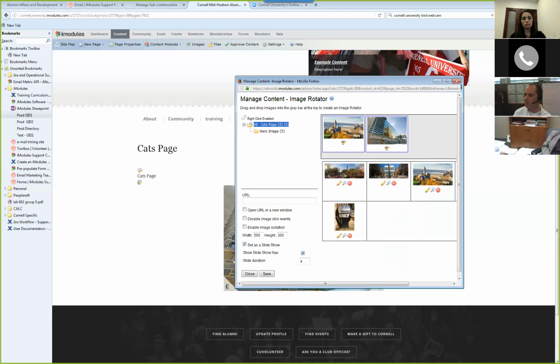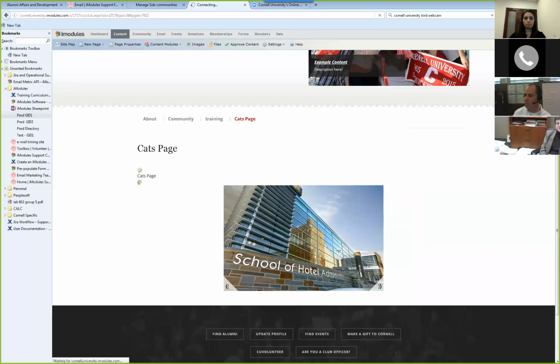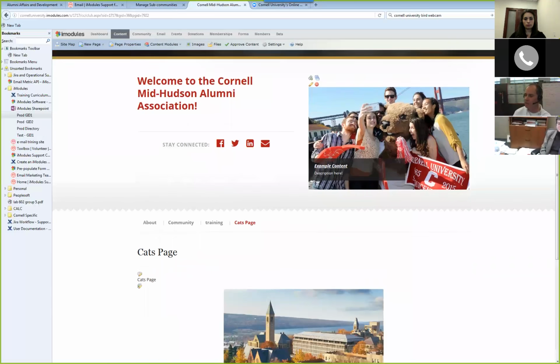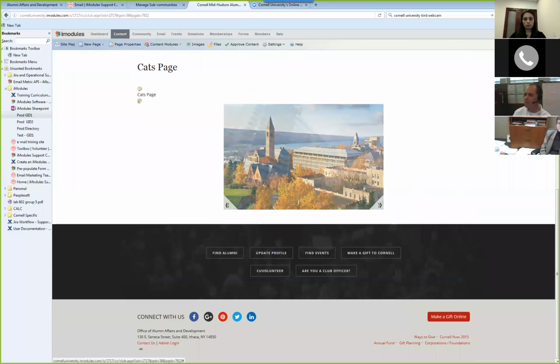This gives me the ability to manually move the buttons, and this is how long it takes before it'll automatically move them. If I want to just get rid of this, I can get rid of the time, and it won't automatically move the pictures. I've got to manually move the pictures. So you've got a lot of flexibility in how you can do these pages, all right?